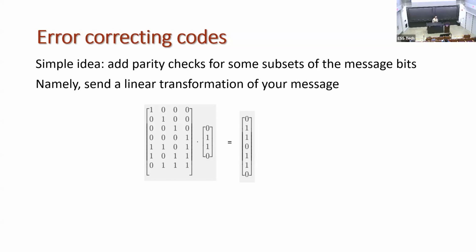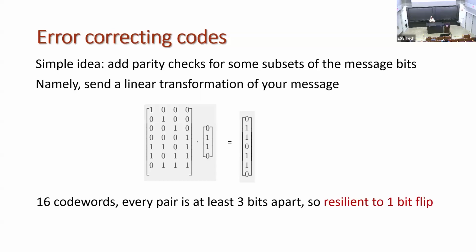And kind of interesting thing is that every 2 encodings in this code are quite far apart. How far? They're at least 3 bits apart. Okay, so we have here a linear space, which is the image of the message space. It has 16 different code words, and every pair of them are at least 3 bits apart. That's quite cool, and it allows you to recover from a 1-bit flip, because if I sent you some code